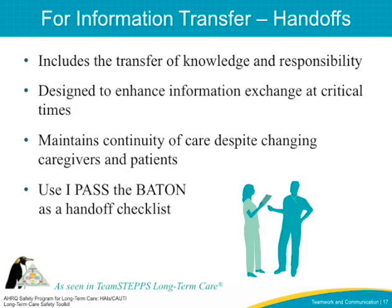Handoffs occur during a change in assignment for the responsibility of caring for a resident. A handoff may occur when a resident is first welcomed to the nursing home from the hospital or during a shift change. When a resident's care is turned over to another staff member, even for a short time span such